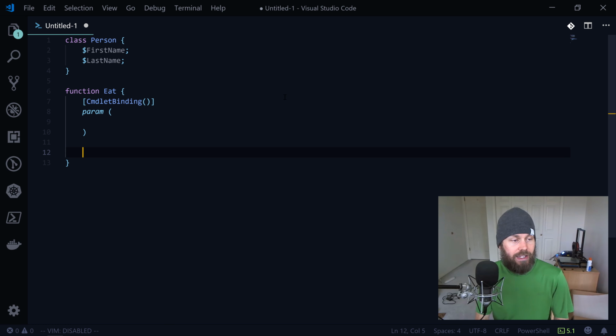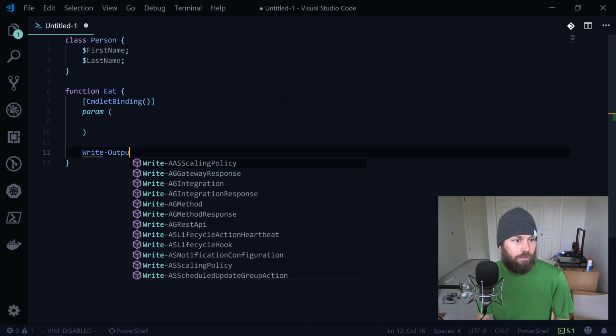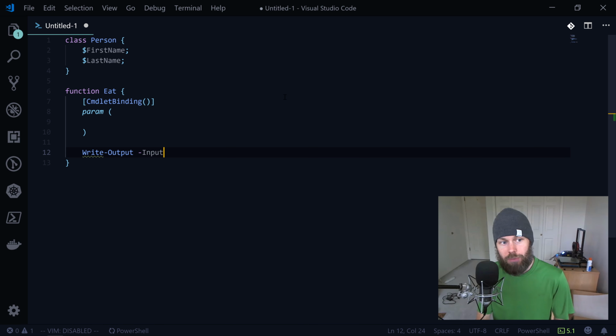So let's just say Write-Output as part of our function body. And then we'll say Write-Output -InputObject "Person named X is eating." And then we'll do